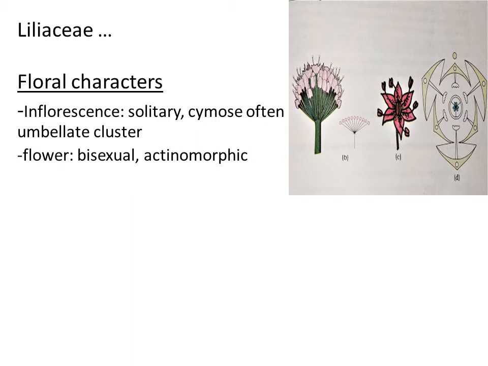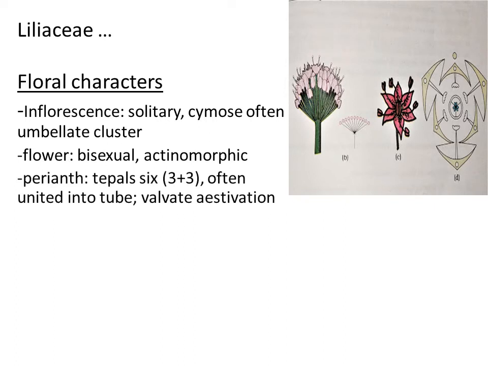Then what are the floral whorls of the flower? There is no calyx and corolla. It is not possible to differentiate calyx and corolla here, so we call it a perianth. When there is an undifferentiated calyx and corolla in the flower, such a whorl is called a perianth. The units of the perianth are called tepals. Tepals, right? Not petals, they are called tepals.